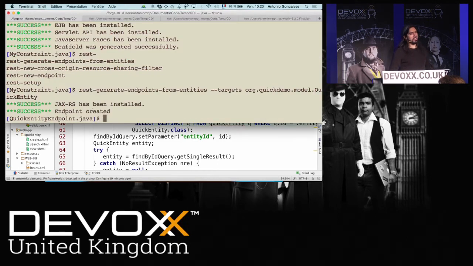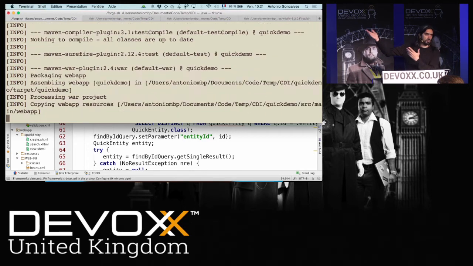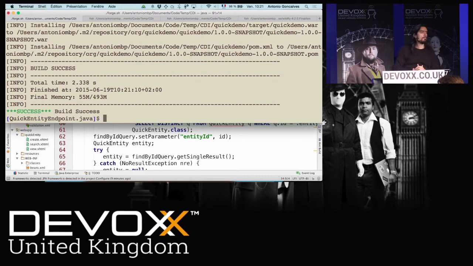Does this work? Let's try to build it first. Again, I'm using Maven. I'm not typing Maven commands because don't forget that Forge is agnostic. It could be Gradle. So I'm not typing mvn install, but build. There's a command called build, and it's invoking the build system. In my case, it's Maven. It could be Gradle. So if I do build, it's Maven, basically. It's a Maven clean install.